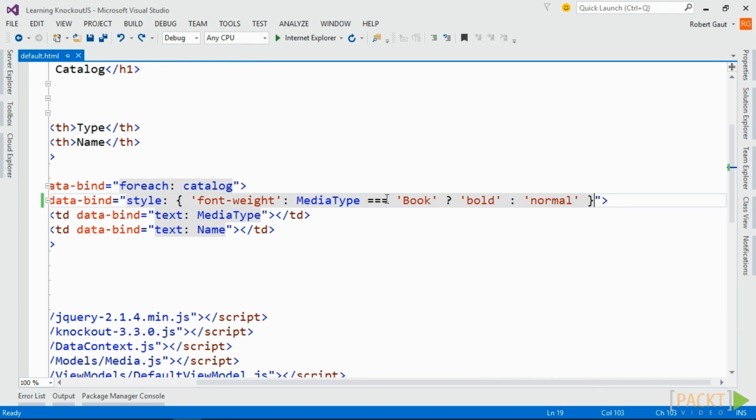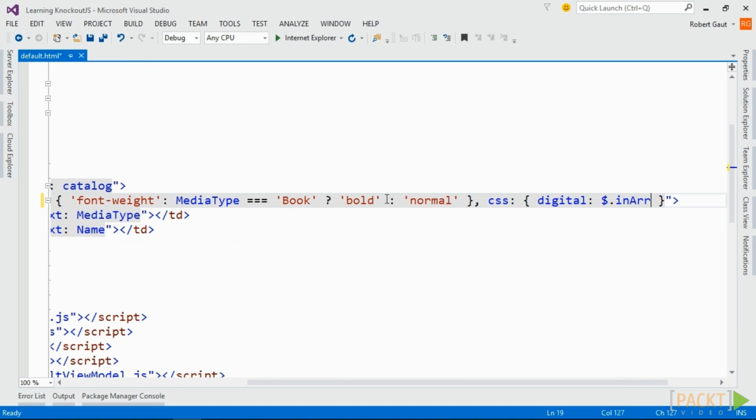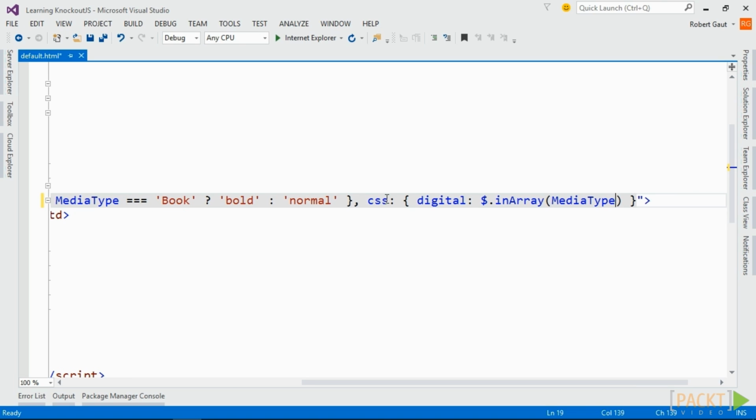We can also dynamically change the HTML class attribute using Knockout.JS. This time, let's render values in the type column of our table as italic if the media type is equal to either CD, DVD, or game. After the text binding in the first column of our table's row, add Knockout CSS binding and an object literal as its value. The object literal's property name is the CSS class we'll define in our style sheet. Again, if there were a hyphen in the CSS class's name, we would have to surround the object literal's property name with quotes. We'll use jQuery's inArray function to determine if the media type is one of the three values